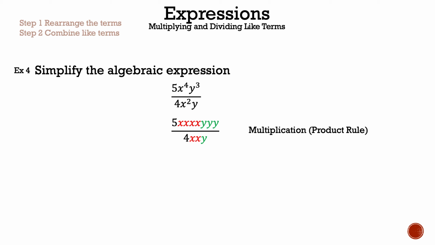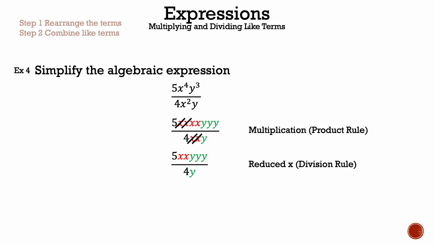And now we're going to go ahead and cancel the variables x on top and 1 on the bottom, so we can simplify things. And we can do it one more time since there's 2 x's on the bottom. And so now we're going to rewrite what we have so it's a little bit easier to see. And we can do that because of the division rule. And so since we have 2 x's, or x squared,